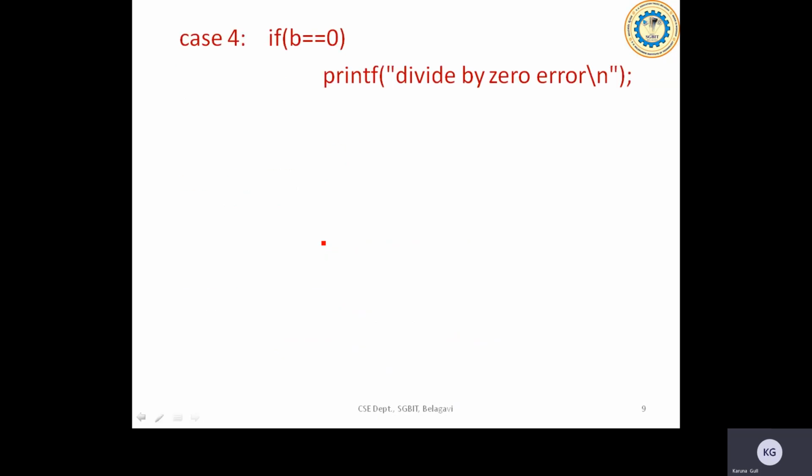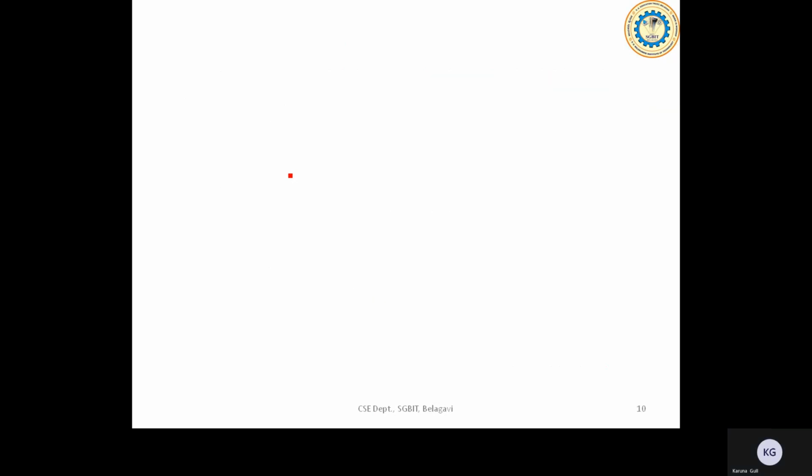Then if you go ahead with case 4 here, it is going to check the denominator. If the denominator is 0, it's going to print divide by 0. And if it is not equal to 0, then it is going to do the division operation. Again, I'm mentioning here, it is going to do the division operation on integer values, so it's going to print only the integer quotient part as a result. Then the last statement of this case should be break, because I wanted to come out of the switch statement.